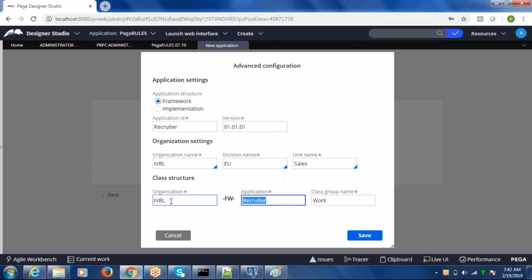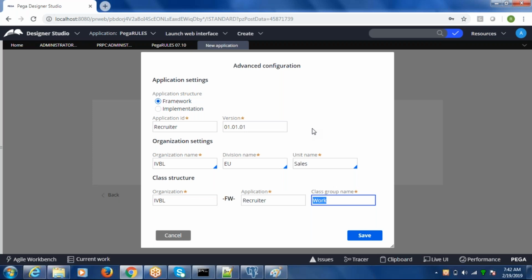In Pega, the class structure, whenever it creates it, has a hyphen in between these classes. In the class definition, you can see organization name followed by hyphen, followed by FW, which is framework, followed by hyphen and the application ID, which is given, followed by hyphen and work. So there is a work related class which is created, and whatever the work specific things that we do is the one which it consumes.